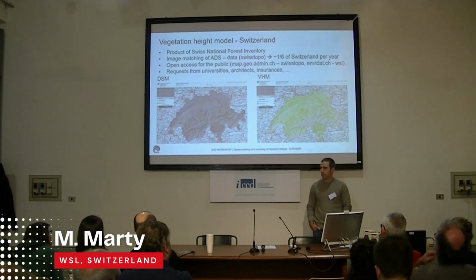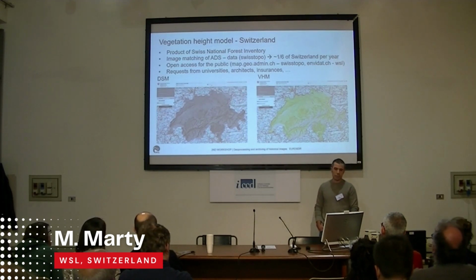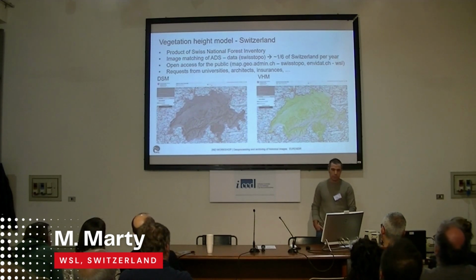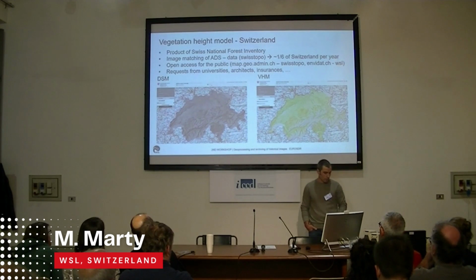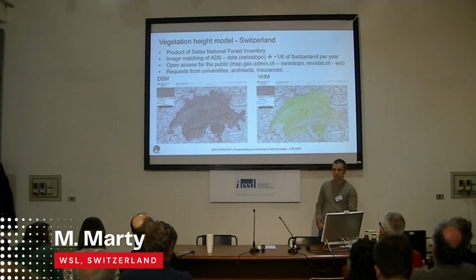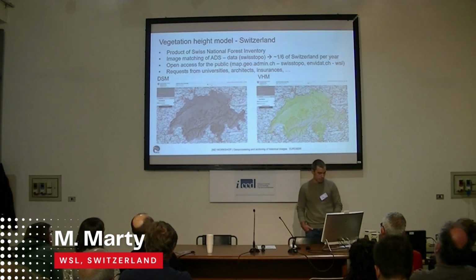We receive every year around 1/6 of Switzerland's surface in leaf-on condition, and with these images we do the image matching and then update the vegetation height model. And this product actually is an open access product. It can be viewed in the data visualization tool of Swiss Topo, mapgeoadmin.ch, and it can also be requested in